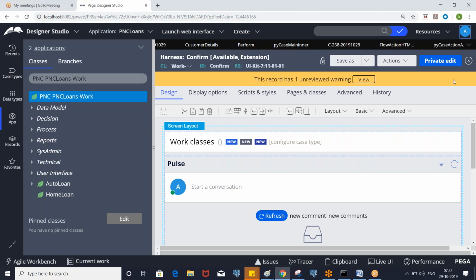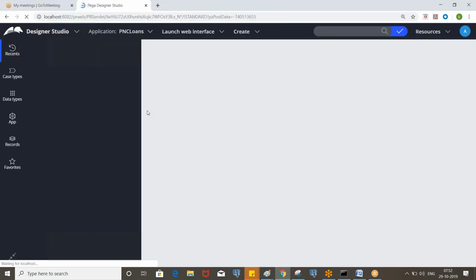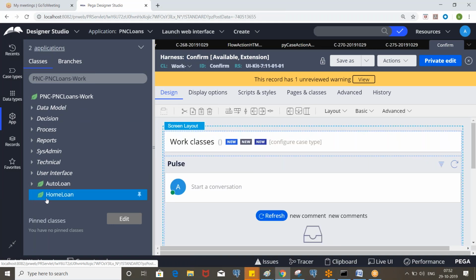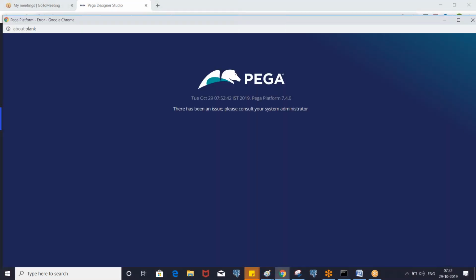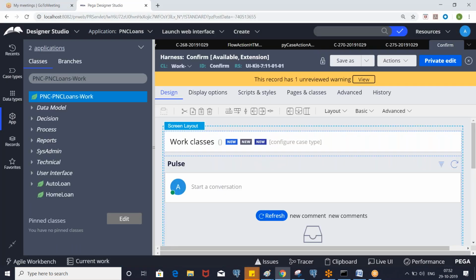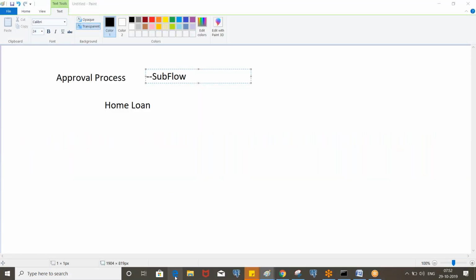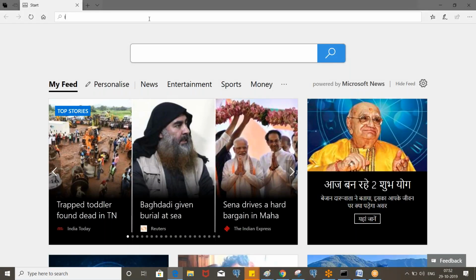Okay, one second. What we can do here is take all the assignments and make them a single assignment. Currently, let's say you have submitted borrower details, and we cannot come back to borrower details and modify it, right?